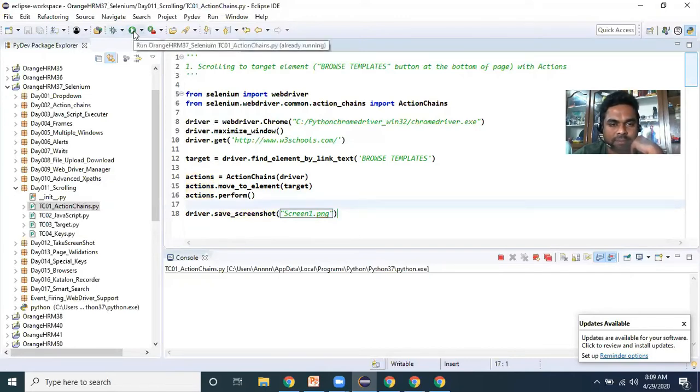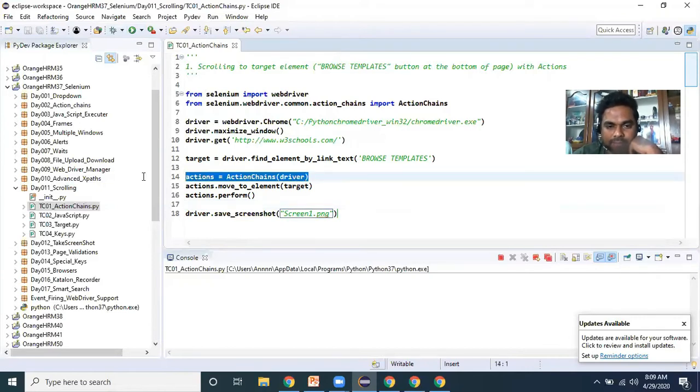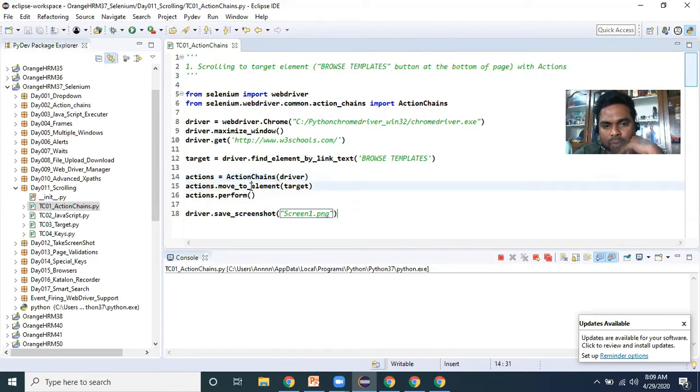Let me go through the order. Initially we imported action chains as a module, and actions equal to action chains of driver. Actions is the object that we created, and after that actions dot move to element.